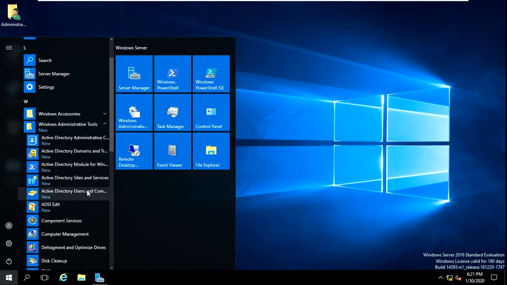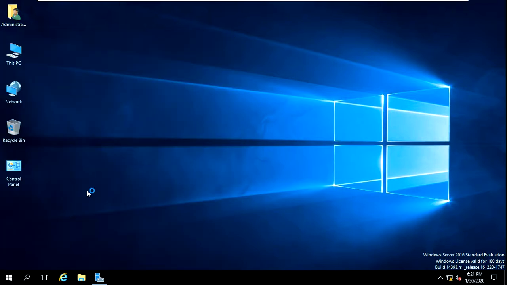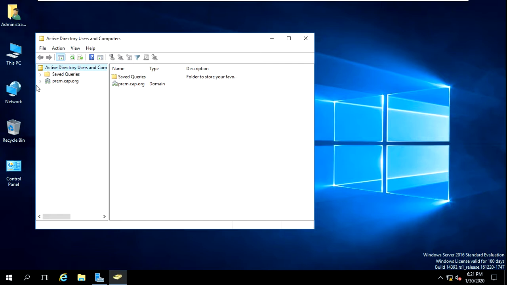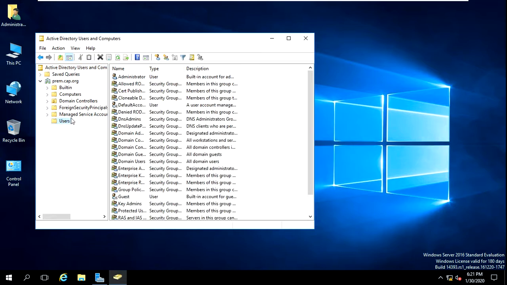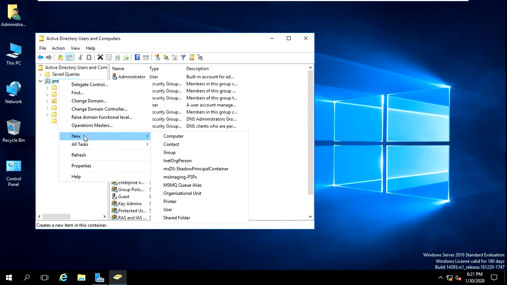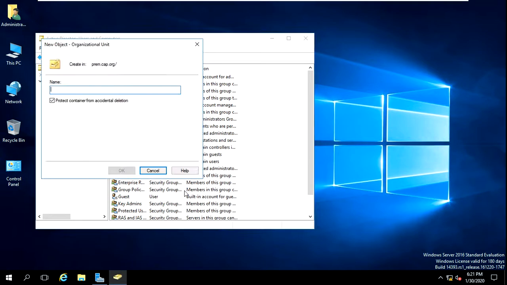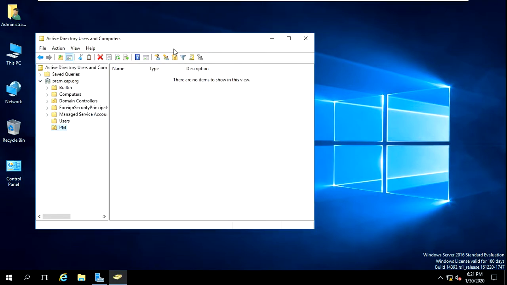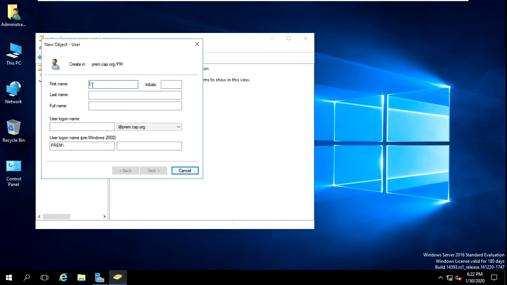Now you can see here Active Directory Users and Computers. A domain is created successfully, and if you want to add a user, you can add here. Actually, I would like to add a new organizational unit here. Let me name that as PM. Okay, this is my new organization group. Now I add a new user here. That is Prem,